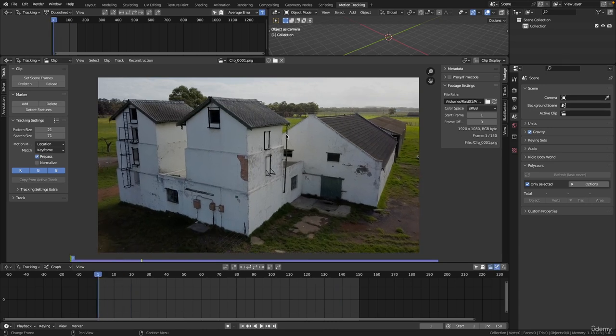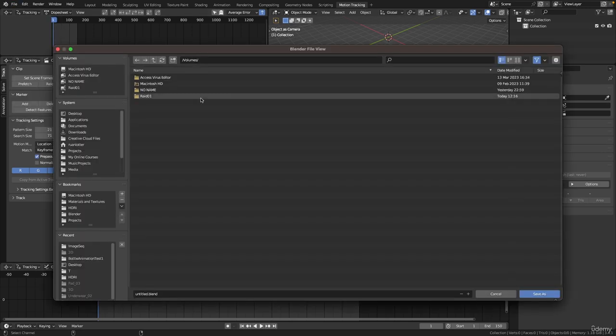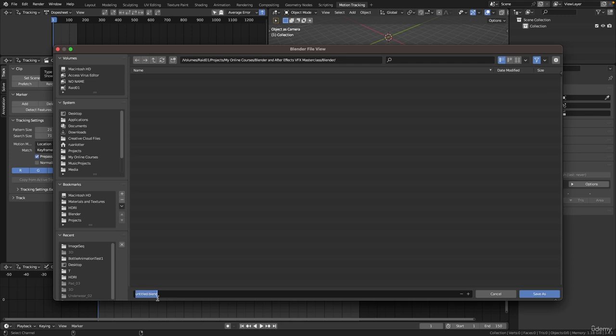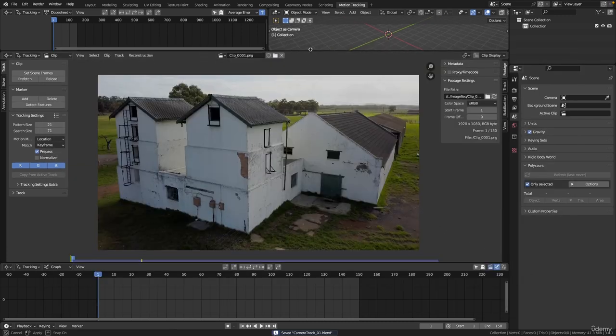Okay, so we have loaded our image sequence. Let's go ahead and save this Blender project. So I'm going to go to File, Save As, and I'm just going to browse to a folder, and you can give it a name. I'm going to call this camera tracking_01 and click on Save As, and now our Blender project has been